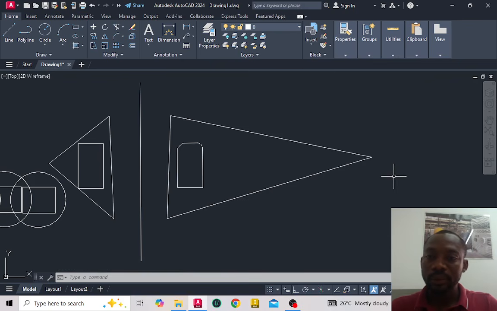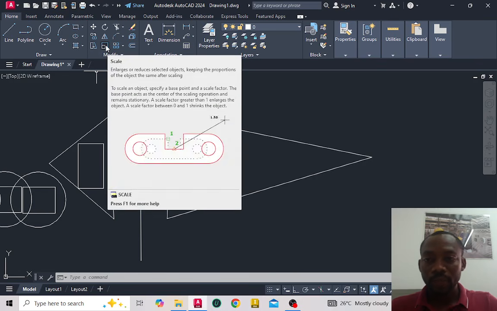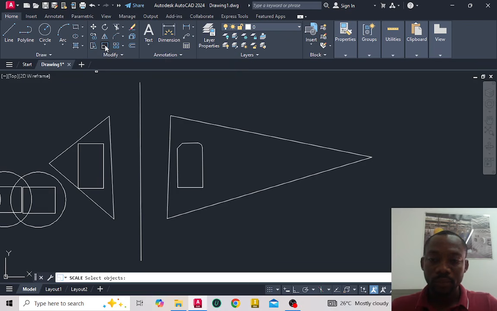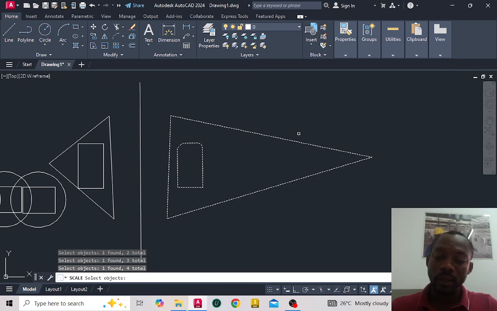Then to the next command, that's the scale command. Click on scale, then select the objects you want to scale down or scale up. Good. Scale works just like the enlargement or the reduction in length in JHS or secondary school. If you want to scale to maybe half of the size, twice of the size, just put it in the scale factor. So after selecting objects, you press enter. Then you select the base point, which point you want to hold to scale up. So this